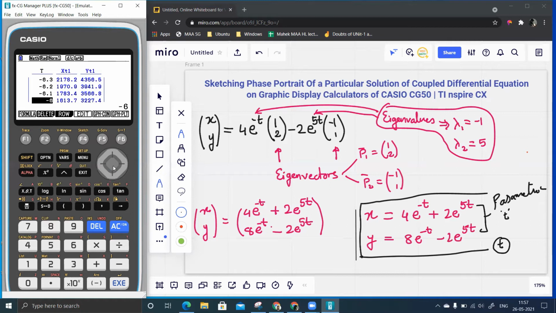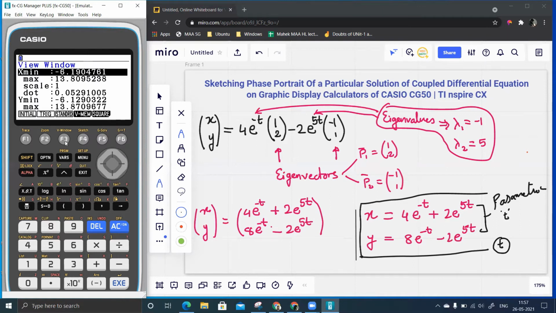But I want to see the graph, right? So here you can see there's the option of graph continuous and graph plot. If you click on graph plot, we get a discrete graph, and if you continue, you get a continuous graph. If you click on this, you can see a graph coming up over here. So you can just adjust the window either by moving the arrow, or you can go to V-window and change the window settings, maximum, minimum. Let's say positive 100, because the upper part was not visible, right? So I'm doing it that way.